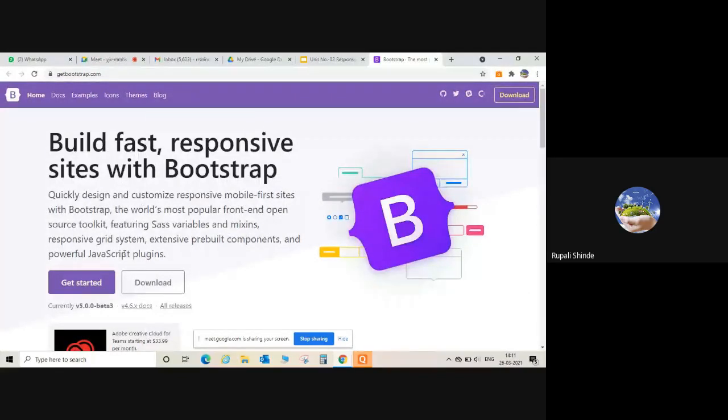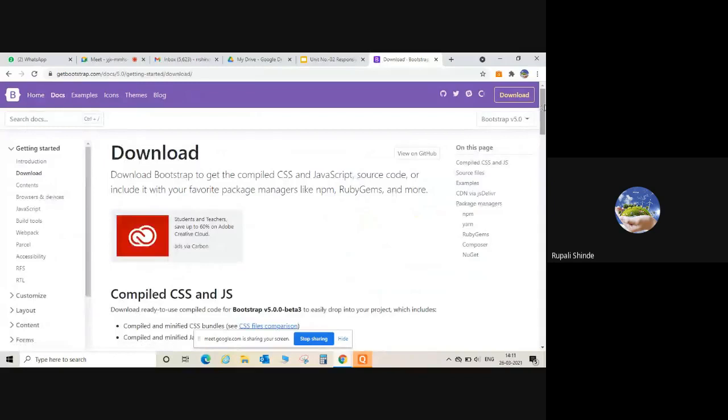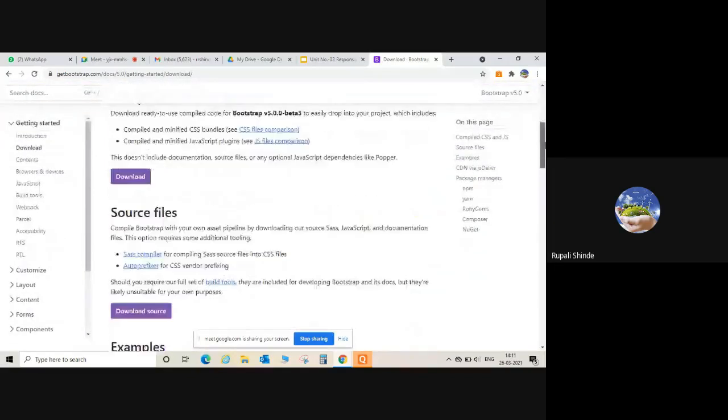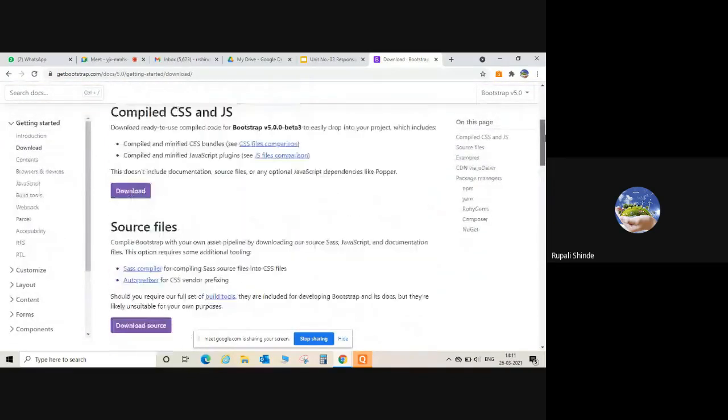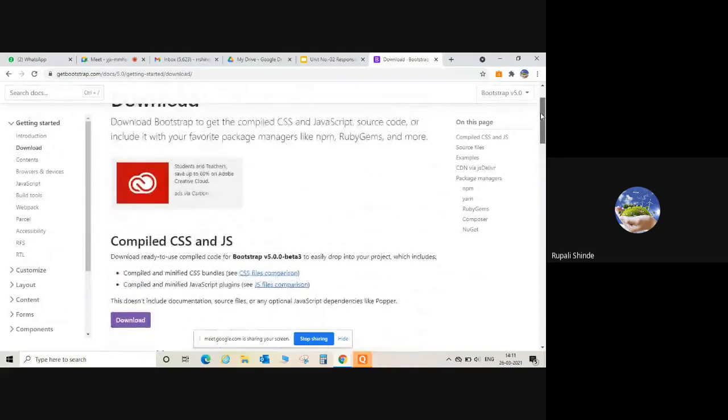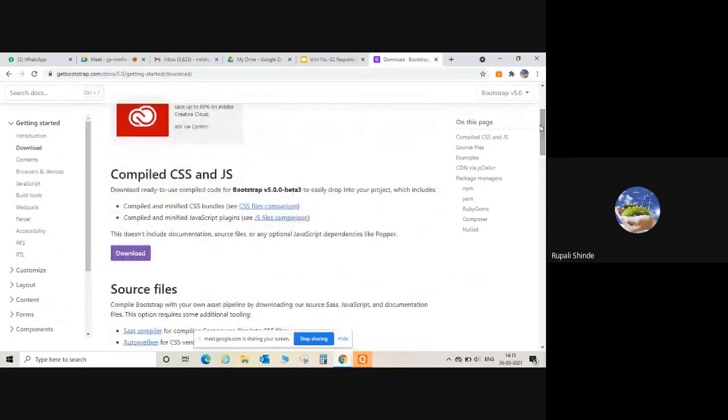You have to click on download. Then we have various files actually. Out of that, we have to download the compiled CSS and JavaScript.